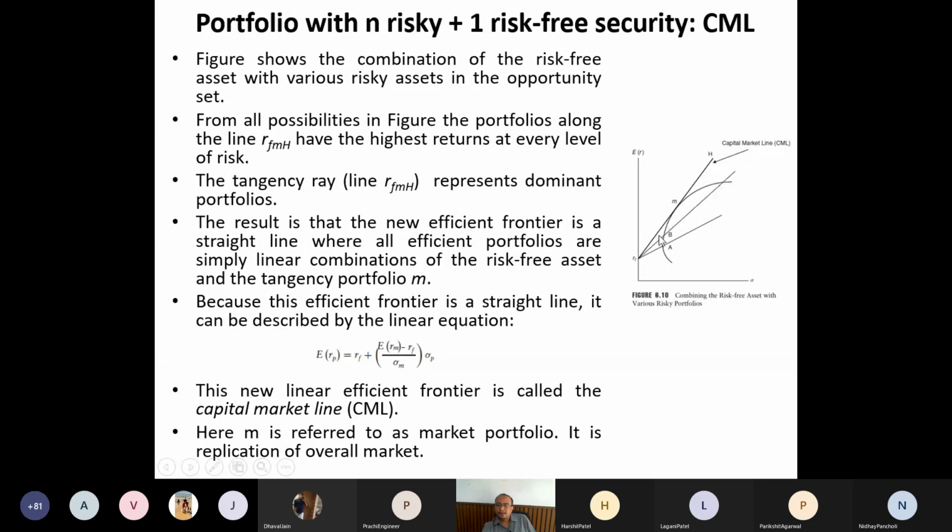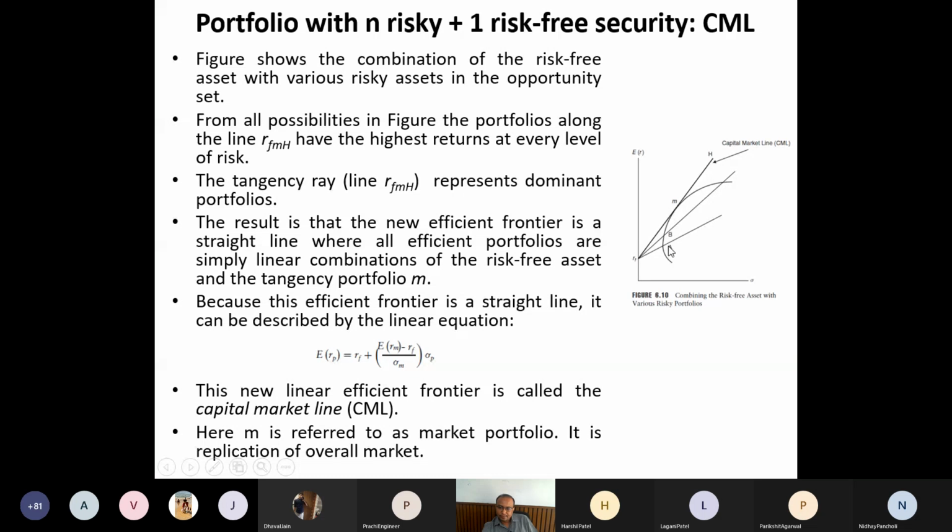This is the graph we have seen earlier, and this point A, let me say, corresponds to the MVP point. All the others are efficient frontiers where I have investment in my N risky securities. Now I have one risk-free security, and it always gives me one point RF to find the new efficient frontier. I will join this RF with the points on this curvature, which is actually a hyperbola in my sigma, ERP space.